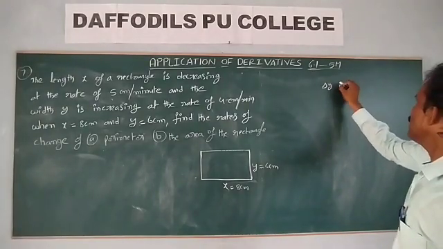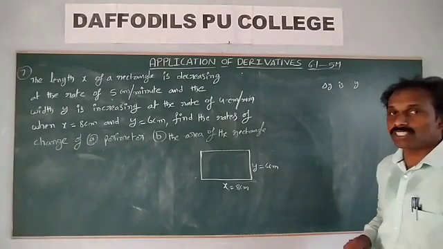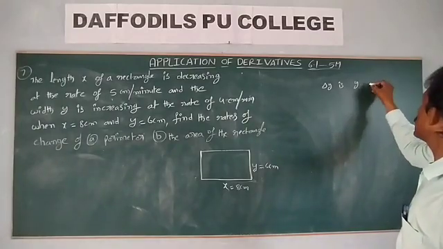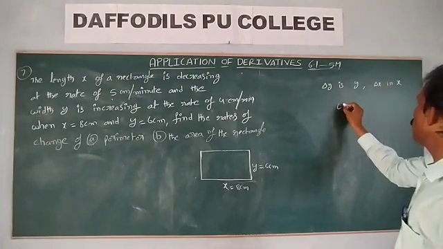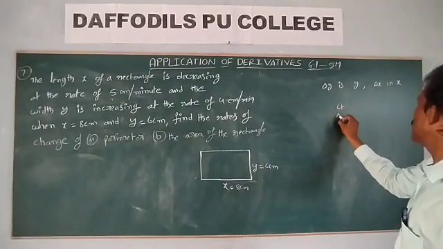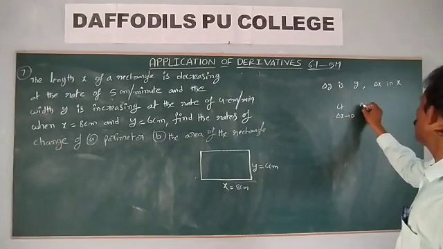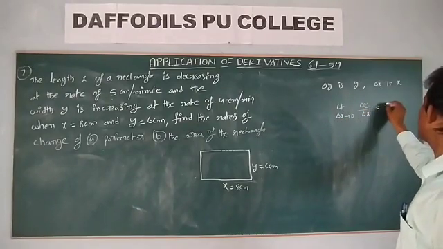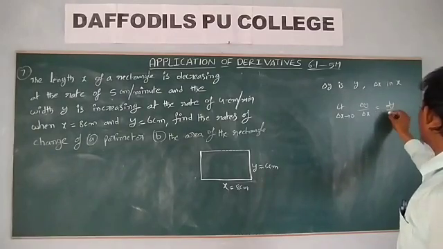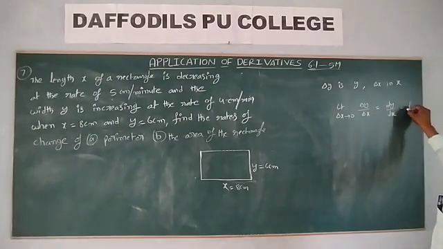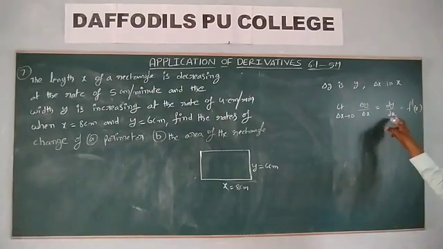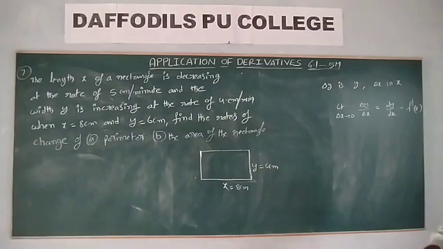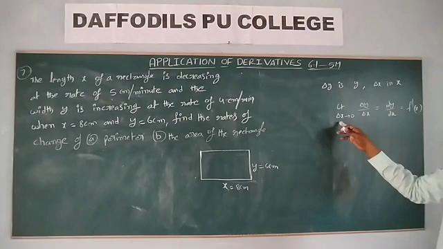Delta y is the change in y with the corresponding small change delta x in x. Therefore, the instantaneous rate of change, the limit as delta x tends to 0 of delta y by delta x, is nothing but dy by dx. This is f dash x. So the instantaneous rate of change of the function is equal to the value of the derivative. We have already discussed and explained this concept.